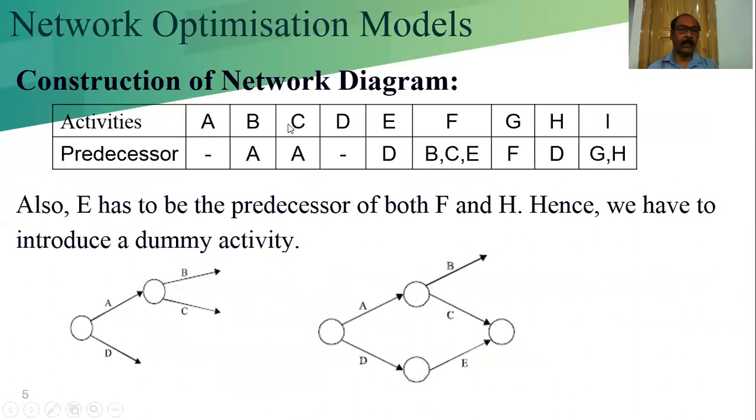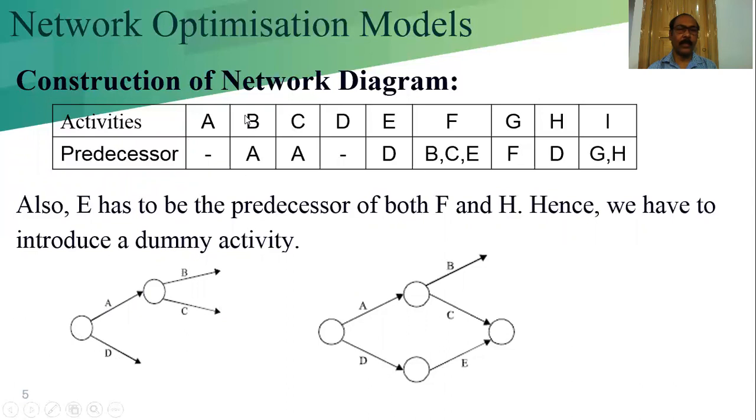Unless we see this problem and relation, we cannot construct the network diagram. We have to see this and we have to construct. So better if we construct it with the pencil and with the help of the eraser, then we have to reach the final by erasing and adding the activity and node. So A and D are going out from the start node. This is our start node.